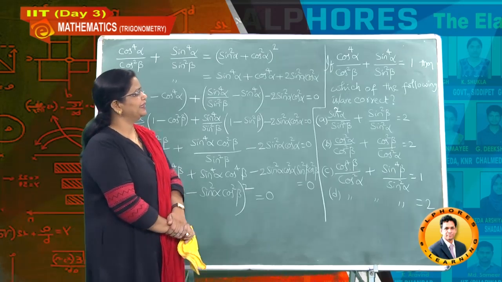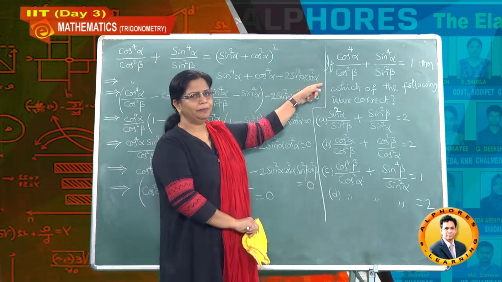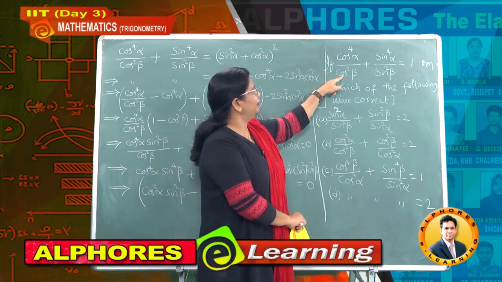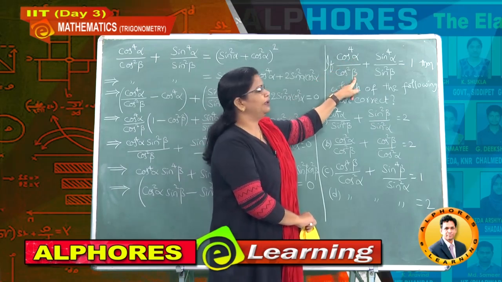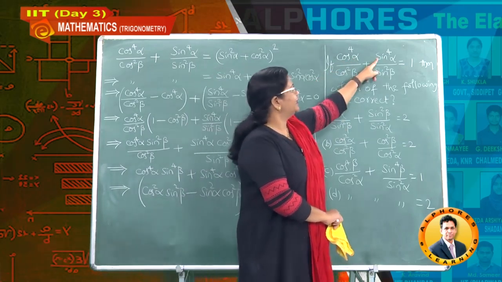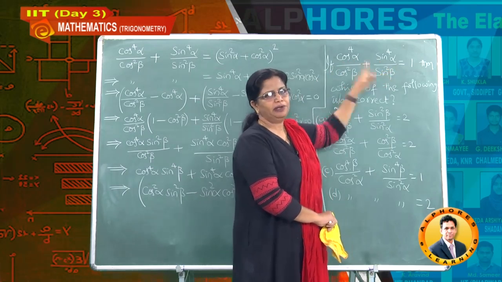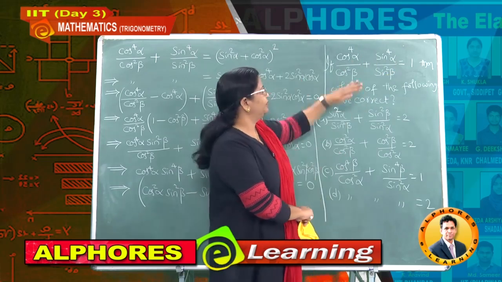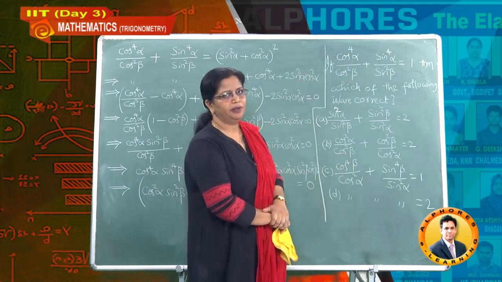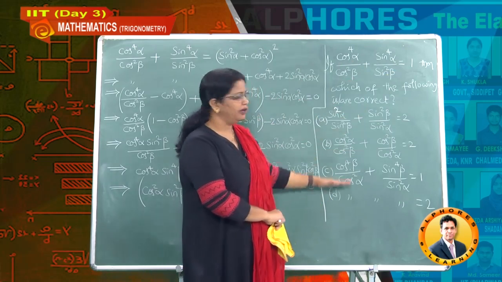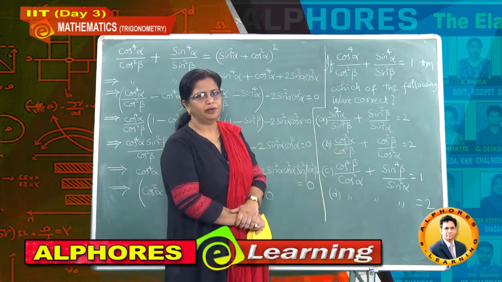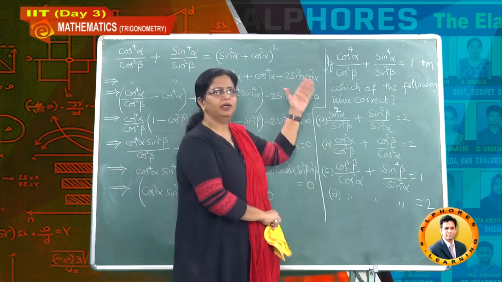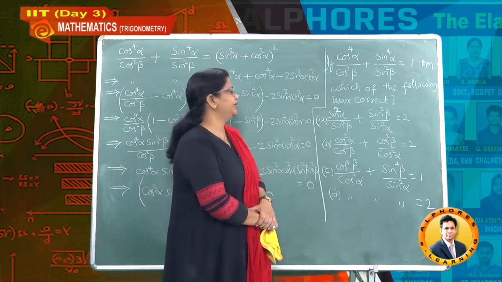Hi students, next let us take this problem. This is one of the important models. Now in this problem, numerator alpha, denominator beta, and this is a sine function, numerator alpha, denominator beta. So the RHS is given as 1. This is the given condition. Now the question is, which of the following 4 options are right options? Maybe again just like our previous problem, more than one option can exist here.